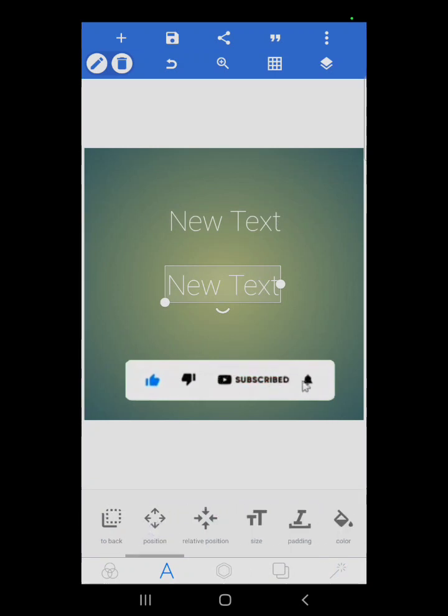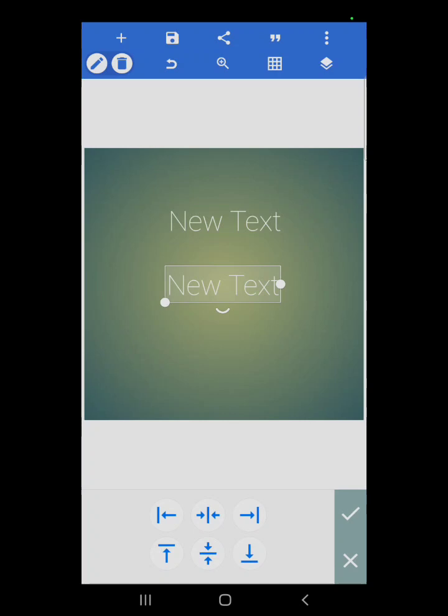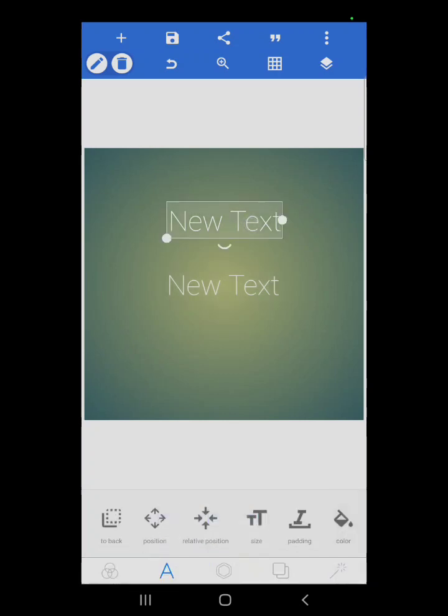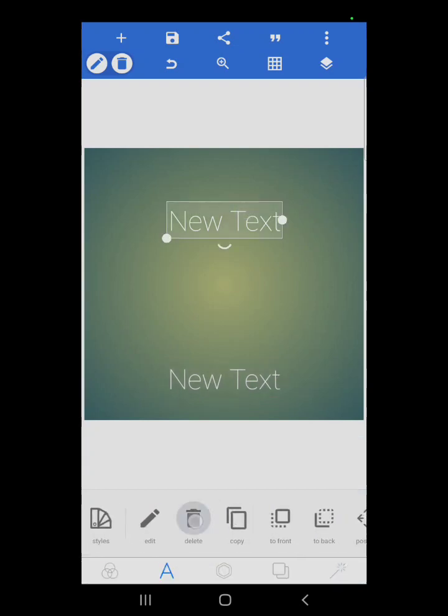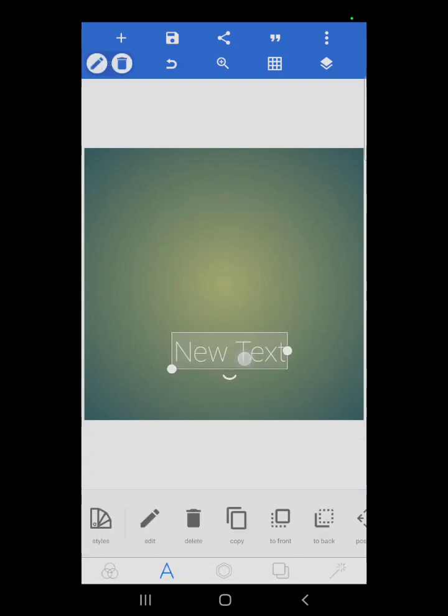And we move to relative position. Relative position places your object or your text or whatever you're working with at the right position if it's in the middle. So let's get it back. Let's delete this one. That's good. Now relative position,